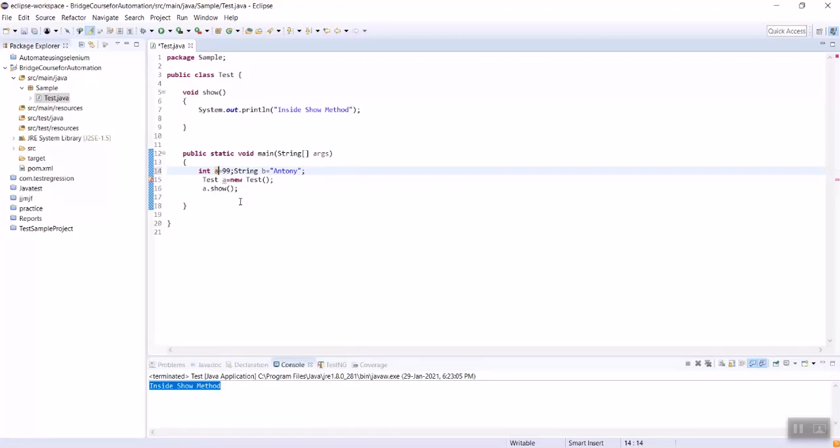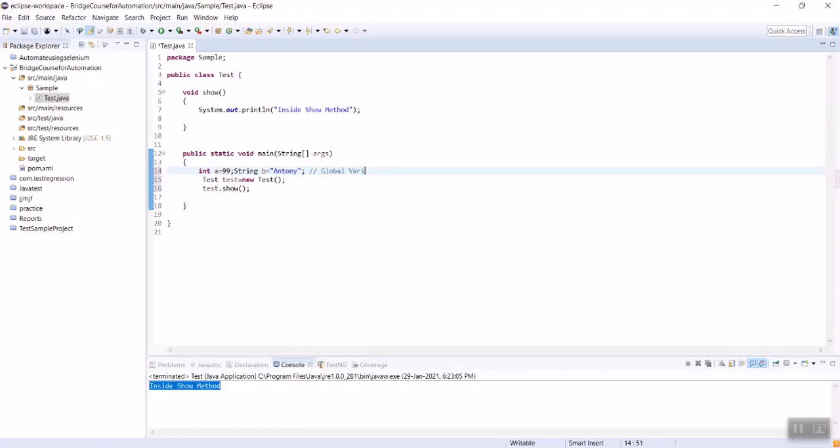This is a global variable, line number 14, as it was declared outside the method. Now we have changed the object name to test. Then you need to change line number 16, object test.show. Let's see one by one.